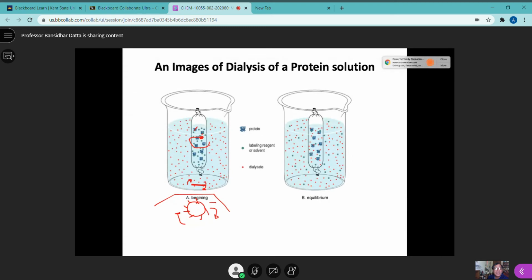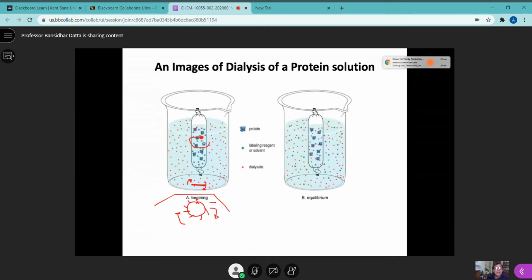If it does touch, it might break because semi-permeable membranes are very, very fragile. So that's why this is called dialysis. Someone can turn off the microphone, please. All right, so that's basically the dialysis with the magnetic bar spinning, and therefore you can exchange some particles